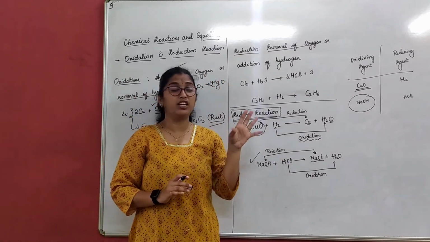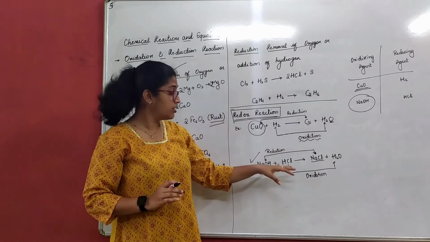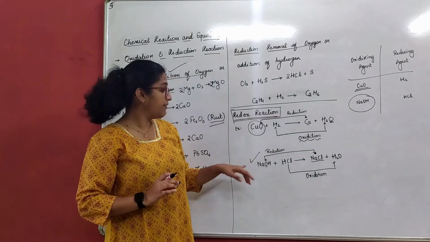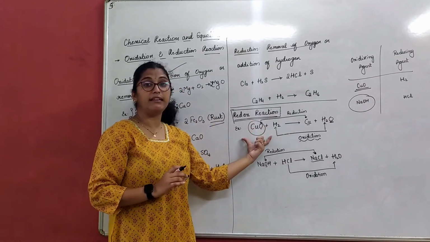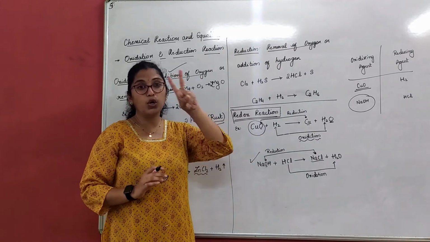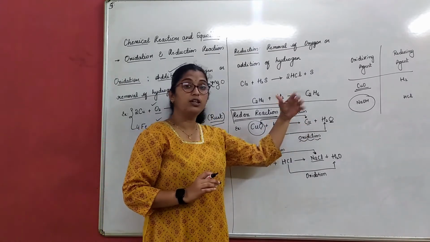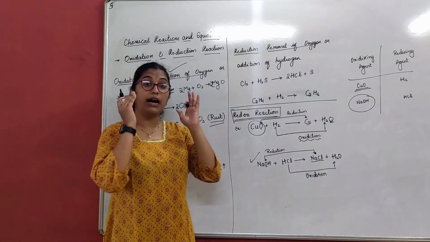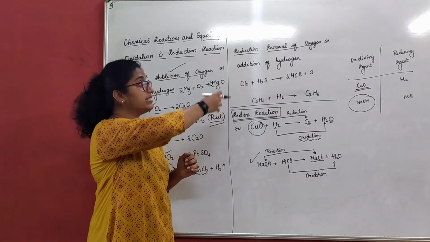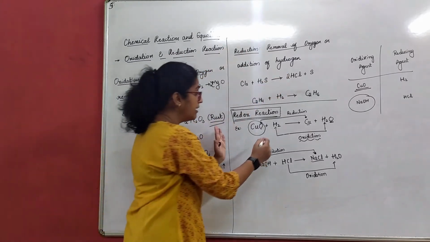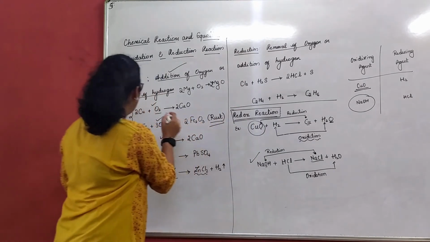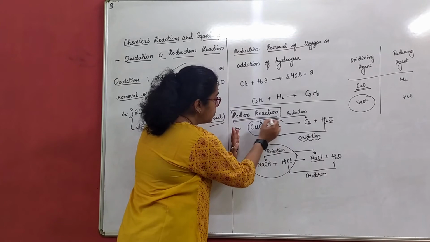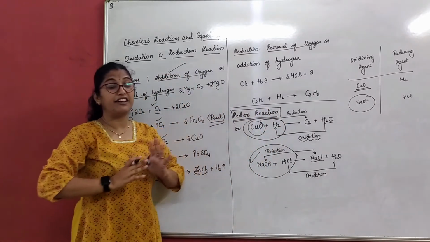See, one trick I'll tell you here. If you identify the oxidizing agent, whatever is the other given compound has to be the reducing agent. They will not give you three reactants here. Always remember, only two reactants are given where two or more products are formed. So our aim is to identify the oxidizing agent and reducing agent from the reactant side only. I can't identify from somewhere else.